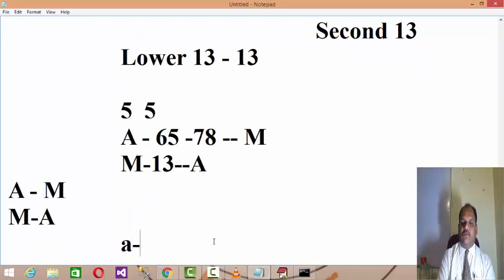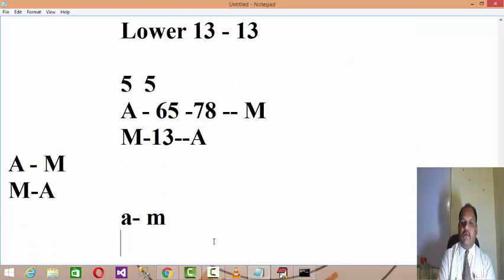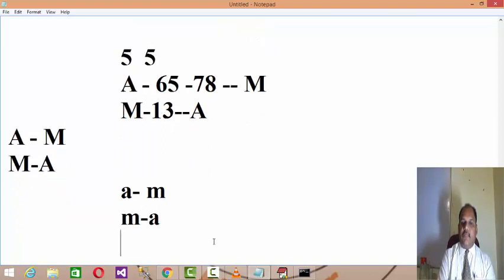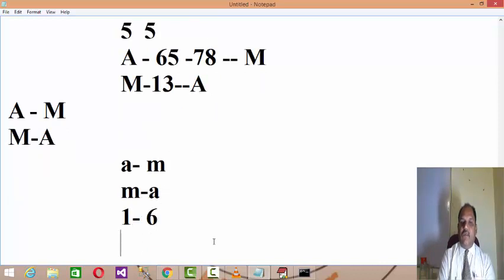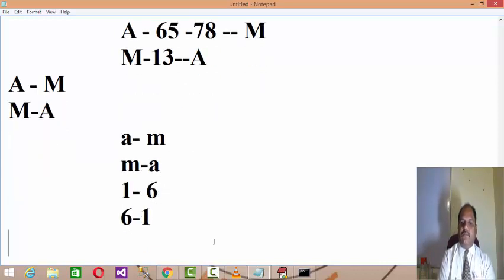In the similar manner, whenever there is an occurrence of small a, you replace it by small n. If you have a capital N, you replace it by A. If you have the number 1, you replace it by 6. If you have the number 6, you replace it by 1. You got my point?